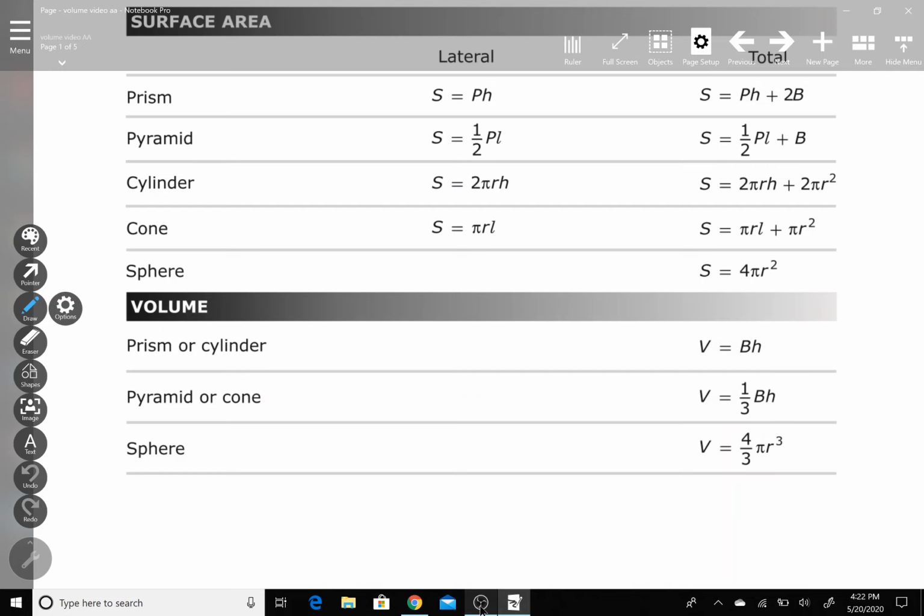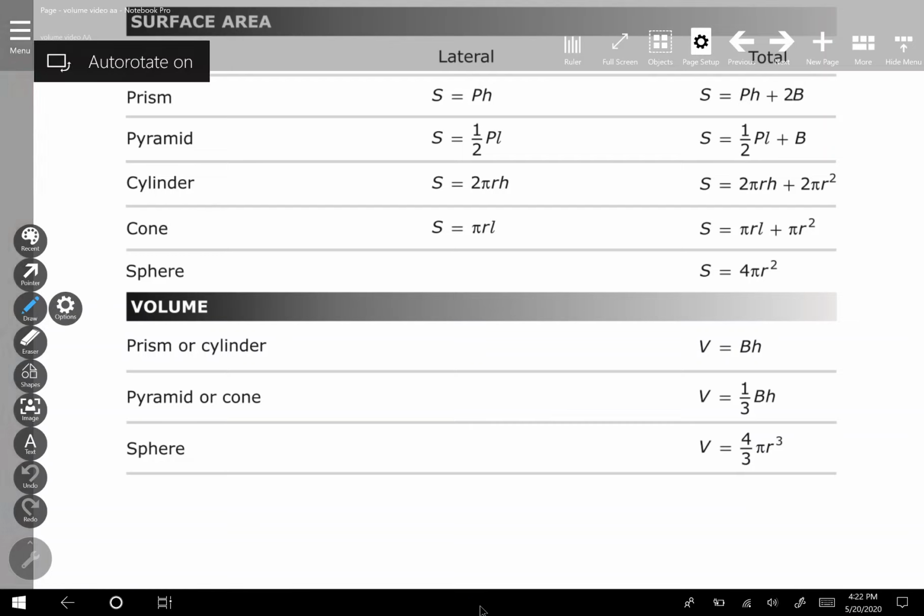Hello there. This week we're going to go through volume, okay? And we're going to go through volume of prisms, cylinders, pyramids, cones, and spheres. Okay, so the key thing with volume, we're using these three formulas right here, okay? With volume, if you look,